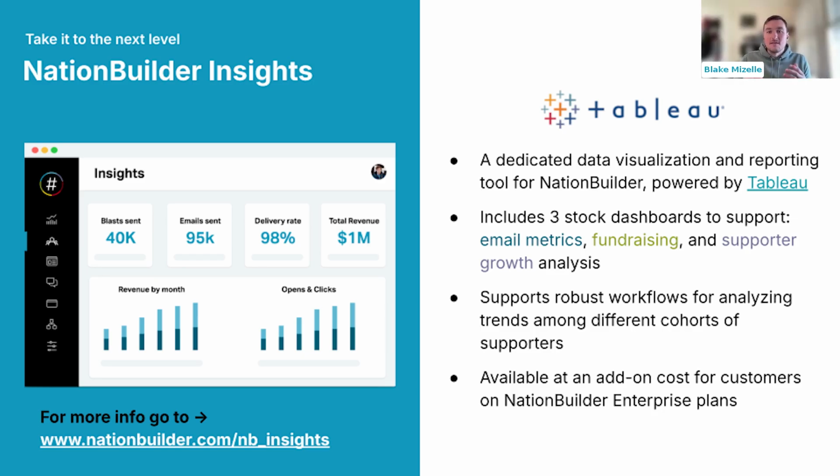In my last example, that's one of my perfect workflows for Insights. I absolutely love it for this because you can actually just go into the email metric dashboard and filter down for your campaign tag or your variant audience tag, and the dashboard will just completely change to show you open, click, rates, all of those aggregate metric counts for that specific cohort. So you can do those kinds of robust workflows of pulling out analysis between different cohorts of supporters, and it makes this whole testing process a lot more automated, a lot quicker.